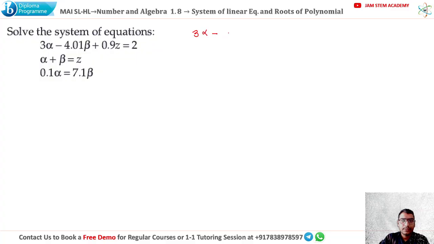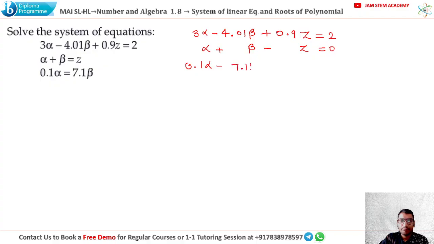3 alpha minus 4.01 beta plus 0.9 z equals 2 for the first one. For the second, it is alpha plus beta minus z equals 0. Then 0.1 alpha minus 7.1 beta plus 0 z equals 0. Now we have all the coefficients. Okay, go to your GDC,